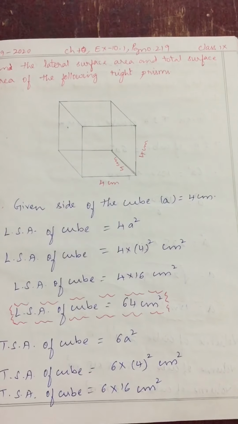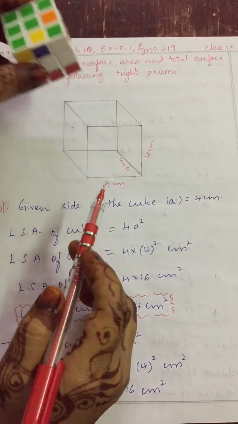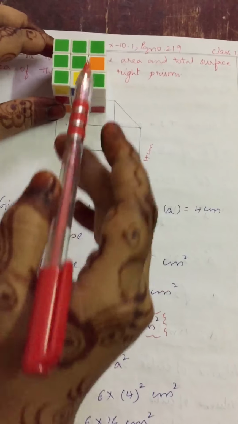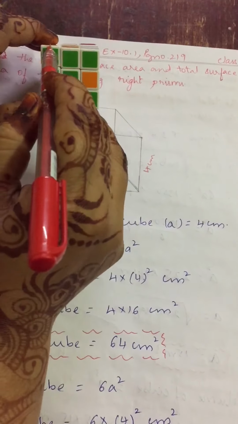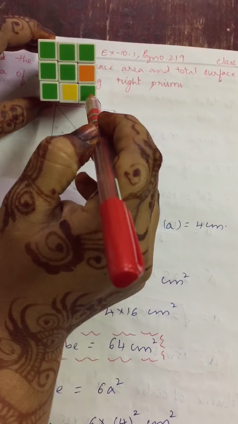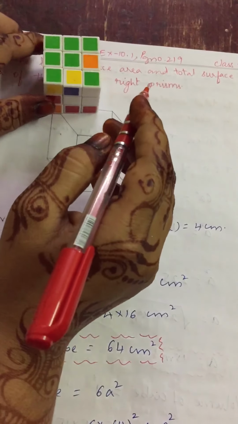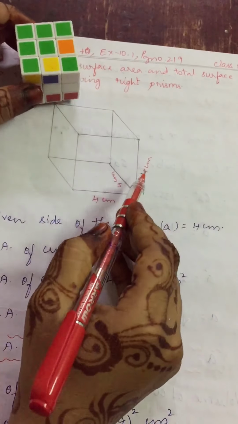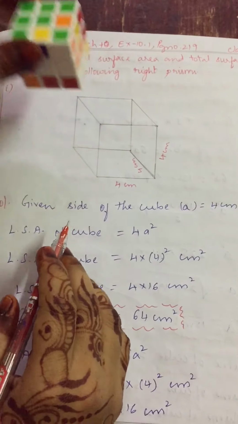He has given a cube and a cuboid in your textbook. First is the cube, second is the cuboid. So I am solving the first one. See, this is a cube. All sides are equal in this. This is a and this is also a. One side you can call length, breadth, and this is height. All sides are equal, denoted by either a or l. Clear? All sides he mentioned are 4 centimeter, and he is asking to find the lateral surface area and total surface area.